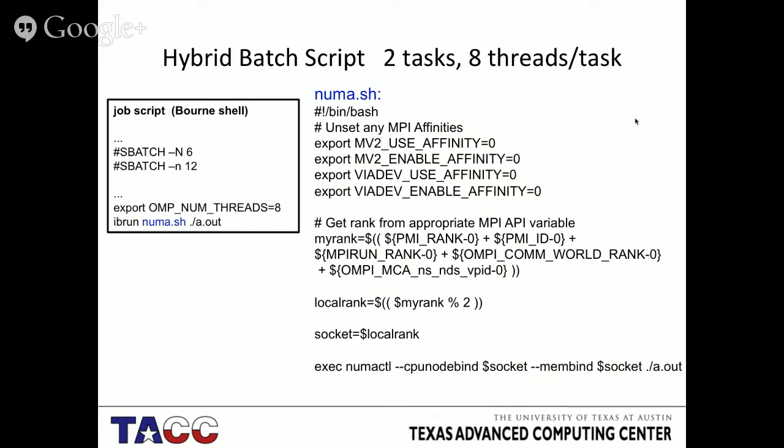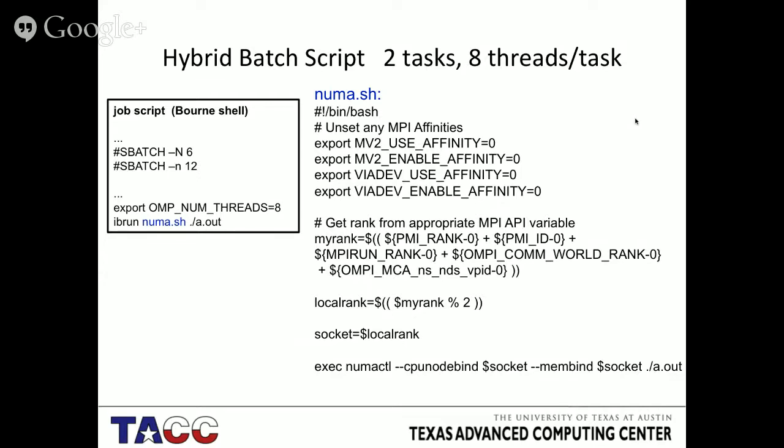If you were using, like I said before, a different number of tasks, things are a little different, but not very much. Essentially, you will have, again, the same number of nodes, say 6, but now we say small n equals 12, so we actually have 2 MPI tasks per node. Thus, we reduce the OMP_NUM_THREADS to 8 to make sure we still have 16 per node. And what I'm doing here is I'm showing you a way to do this a little bit differently. So we have ibrun and then numa.sh a.out,